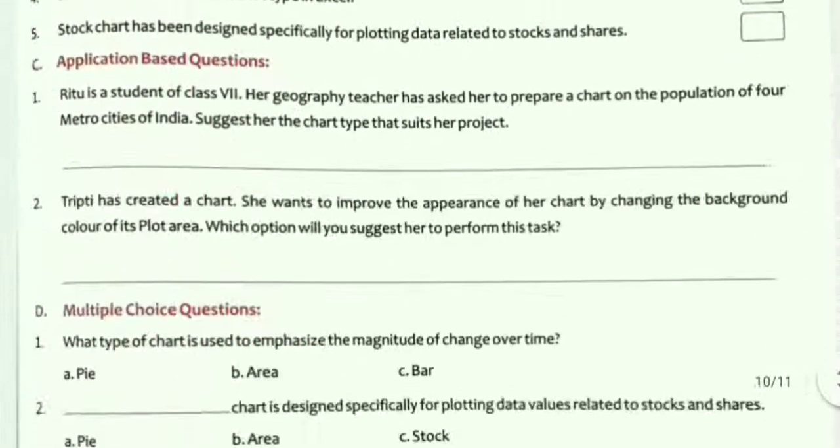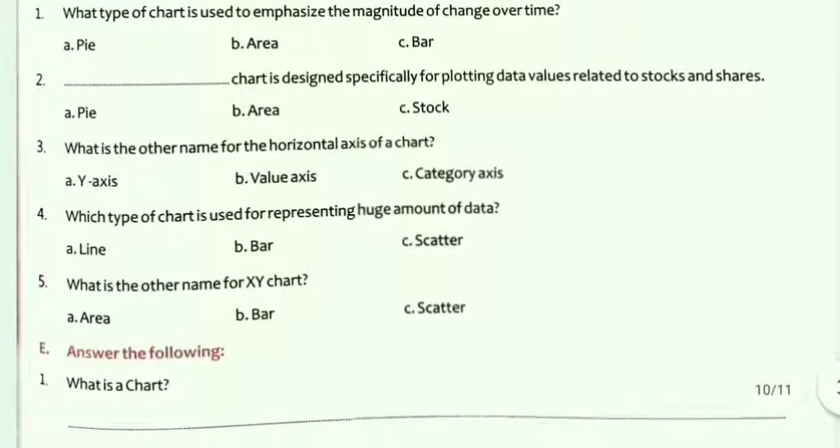So children, the chapter is finished, and for better understanding of the chapter I would like to suggest you one thing. The activity section that is given in your book at page number 43, one lab session is given, and please try to do the lab session. All the steps are given and everything I have explained already in the chapter. So please try to do it in your computer and try to do all these exercises that are given here at the end of your chapter. True, false, fill in the blanks, multiple choice questions and question answers.